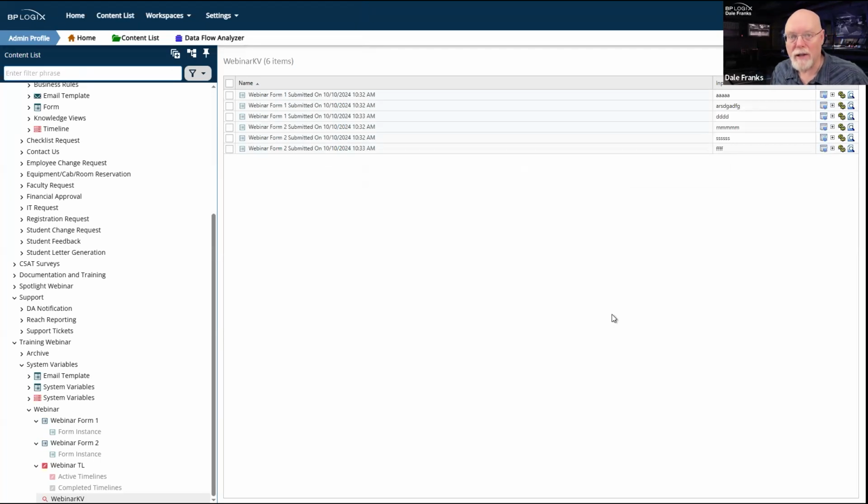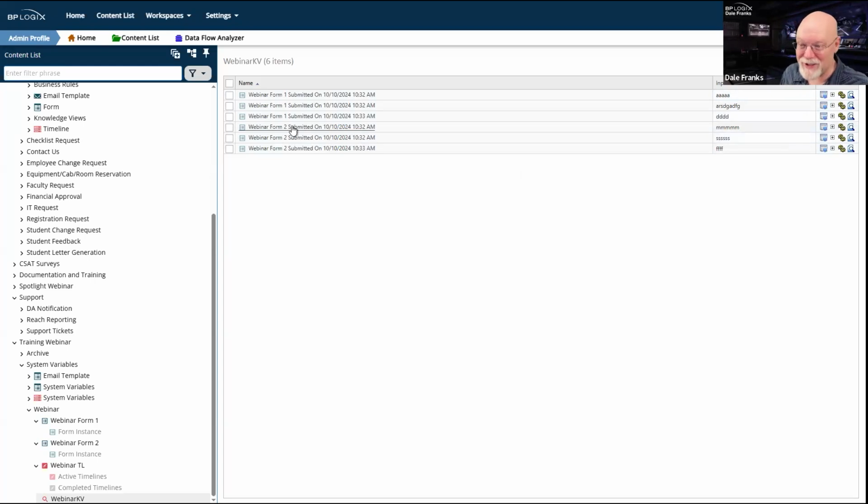This is because of context again. We've talked about context in terms of whether I'm actually running in a process or not. But context also works in this case. Every row in the knowledge view is operating in the context of a specific form instance. So each one of these form instances, it probably would have been nice if I'd given them some sort of sequential instance names so we could tell them apart, which I did not do, but at least we know which form is which.